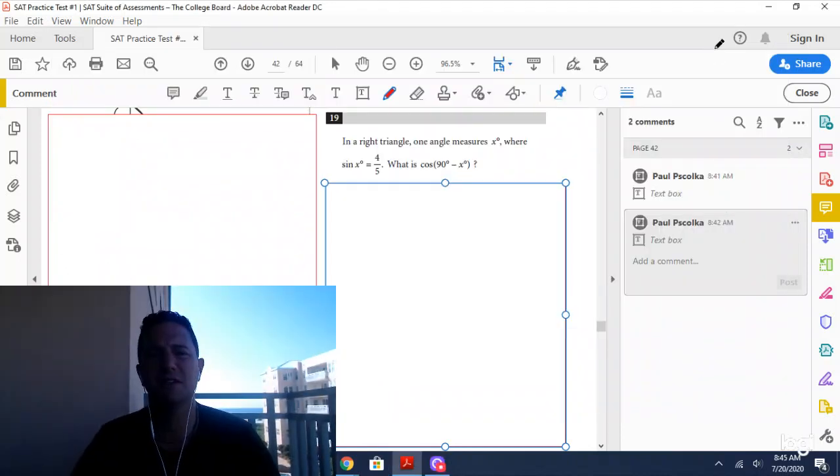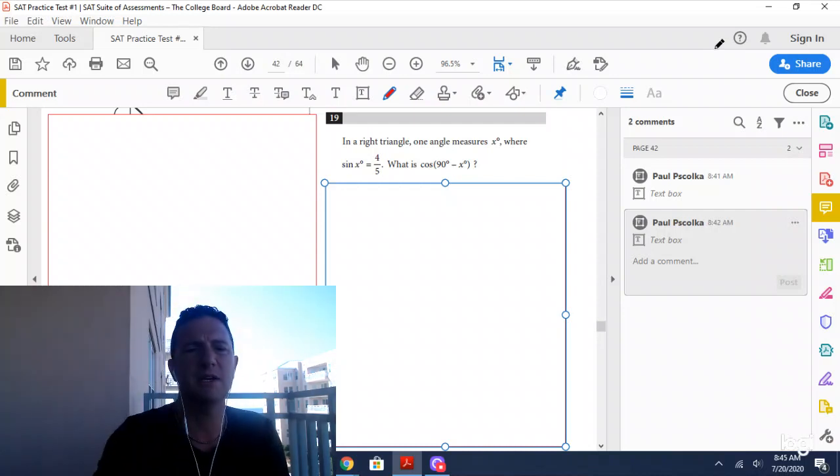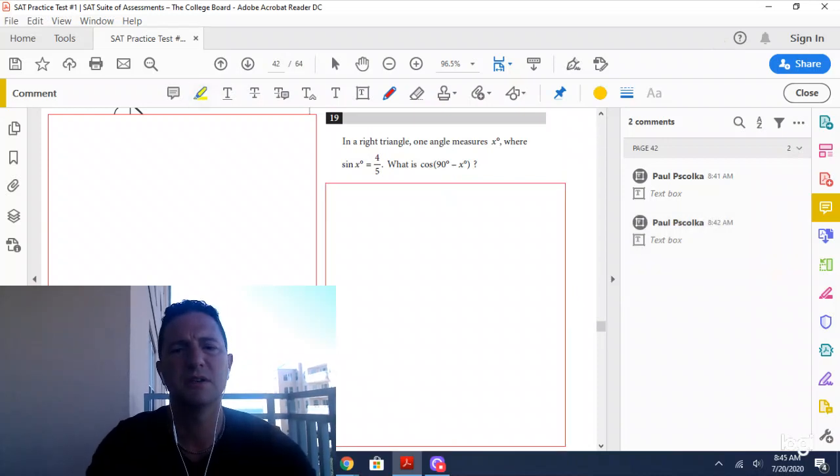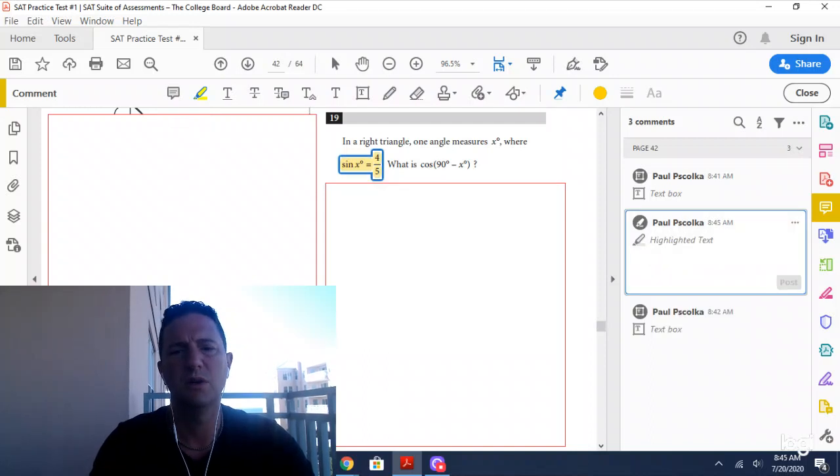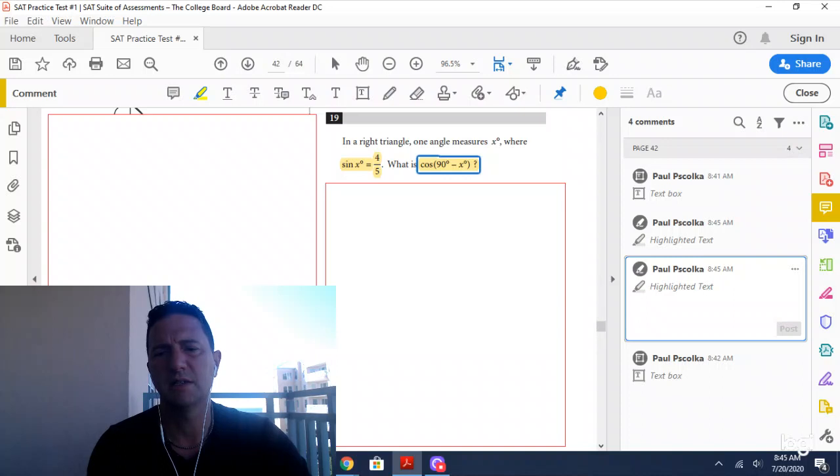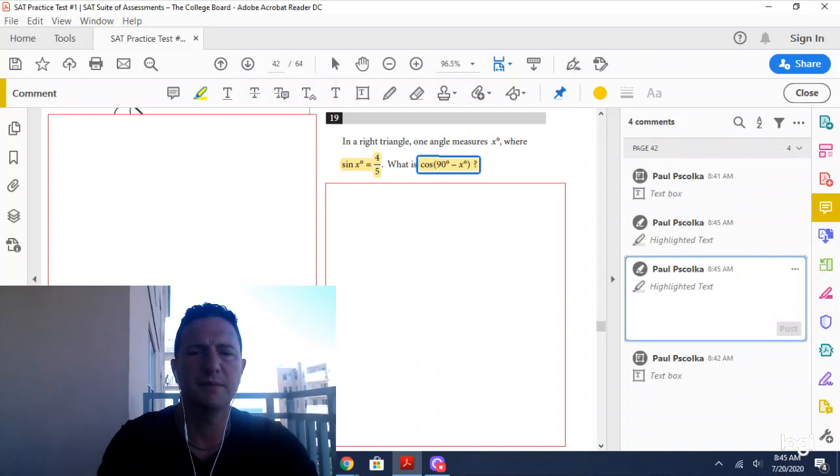Today we're going to look at Test 1, Section 3, number 19, which reads: in a right triangle, one angle measures x degrees, where sine of x equals 4/5. What is the cosine of 90 minus x degrees? Okay, so